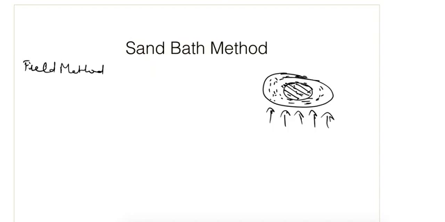To avoid overheating, we put some paper on the soil sample, and if that paper is turning to brown color, it means that the sample is overheated. So we should avoid that, and this heating is continued for 20 to 60 minutes. And from here we can calculate the water content.